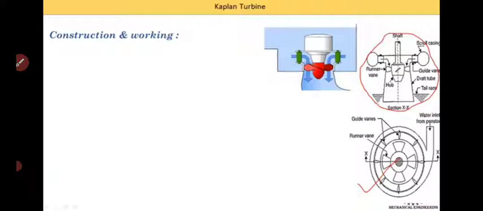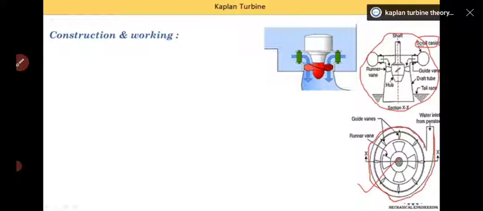So first we know that it is a penstock. From the penstock, water comes into this scroll casing. These 2 round components are the scroll casing, and when we see the top view, it looks like a scroll. You see here that this area is continuously reducing, so it is known as the scroll casing. Then water from the scroll casing is supplied to the guide vanes. So this is a guide vane, this is also a guide vane.